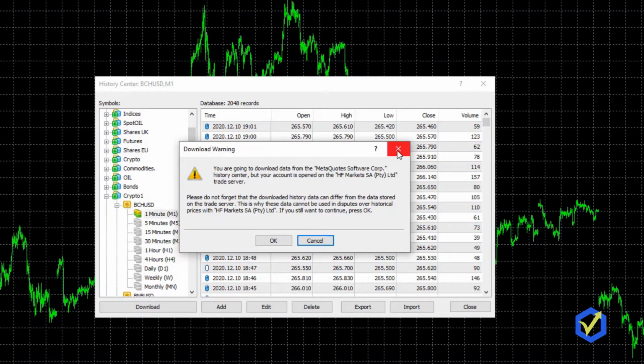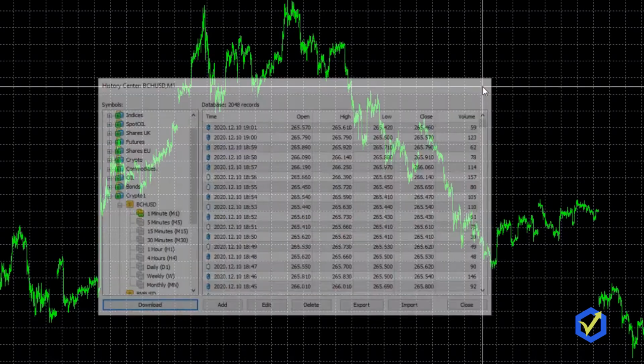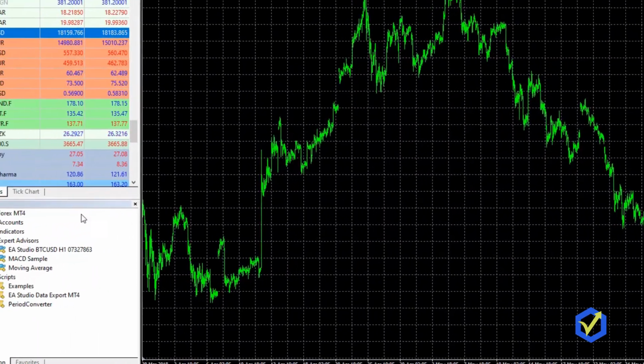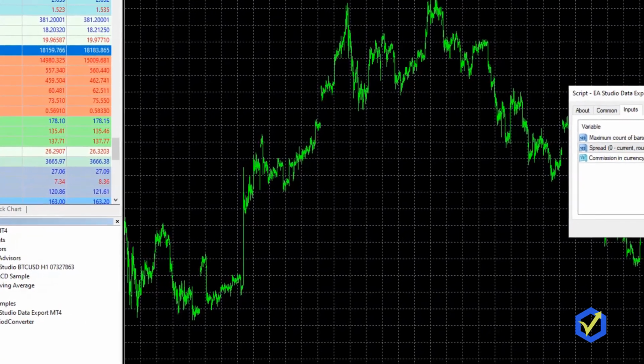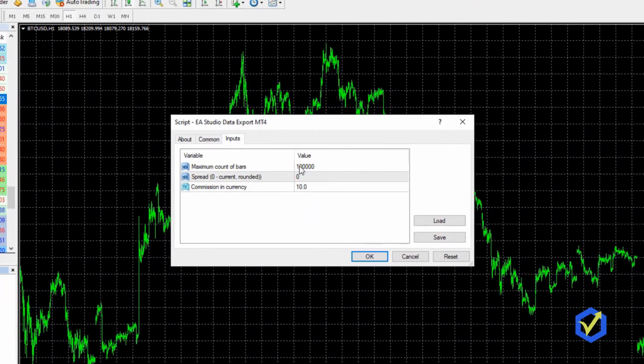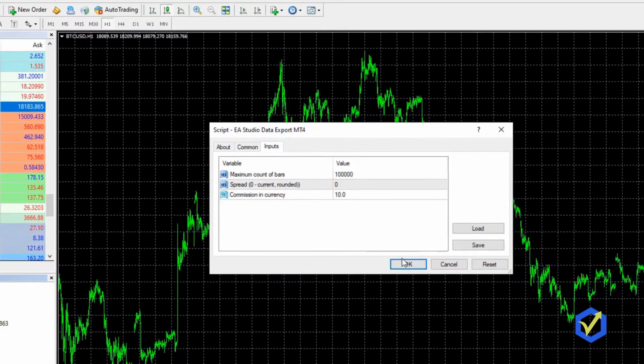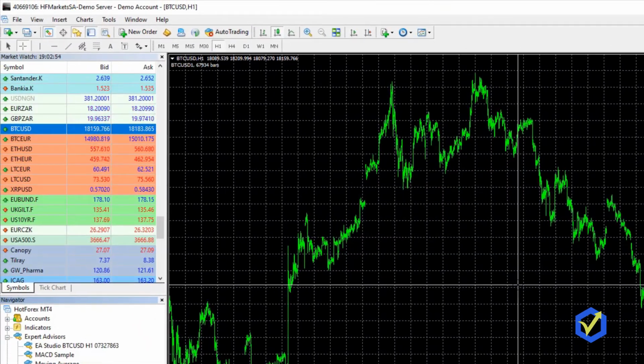So what is the best solution? In the old version of the course, I was showing how to export data with the EA Studio data export script. Basically, if I drop it over the chart, I will see a small menu where I can set the number of bars I want, commission in currency if I have, spread. Let me just click on OK, so you will see what happens.